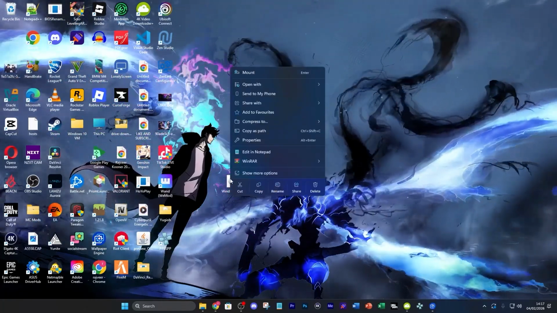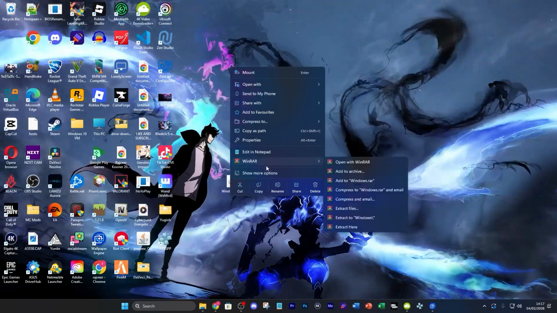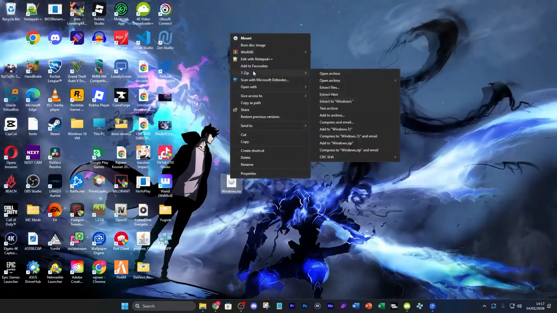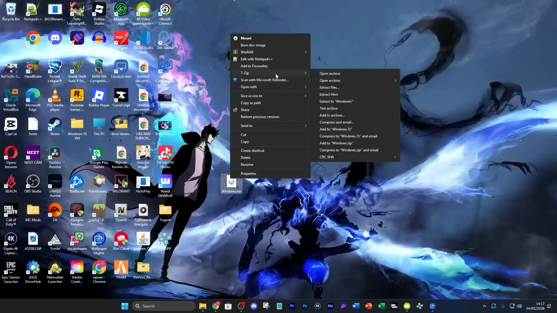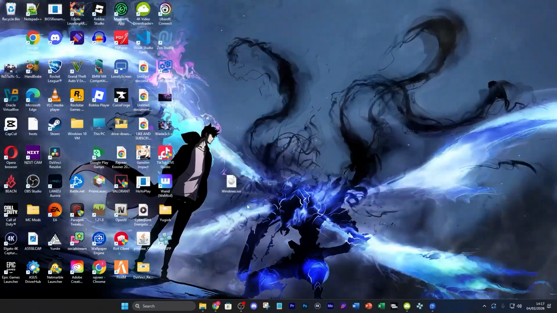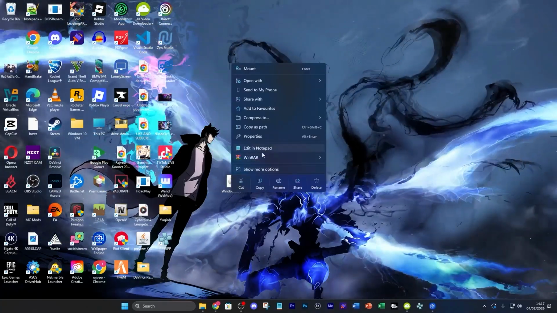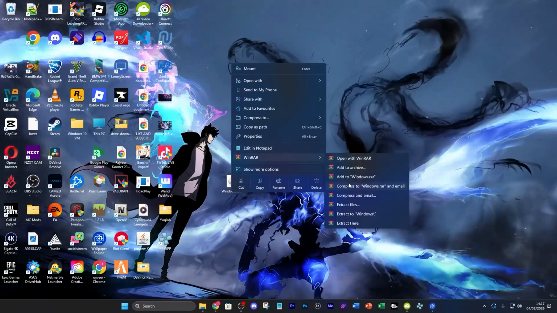All you want to do is right click on your file. Now you can download WinRAR if you want to, or you can go to show more options. Download 7-zip if you want to as well. It's really up to you, whichever one you want to use. I normally use WinRAR. So right click, go to WinRAR, and then you're going to see a lot of different